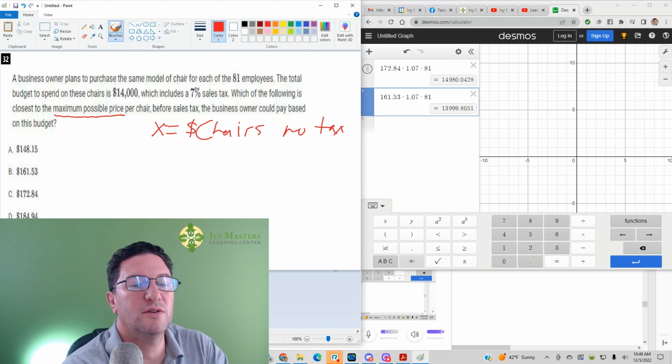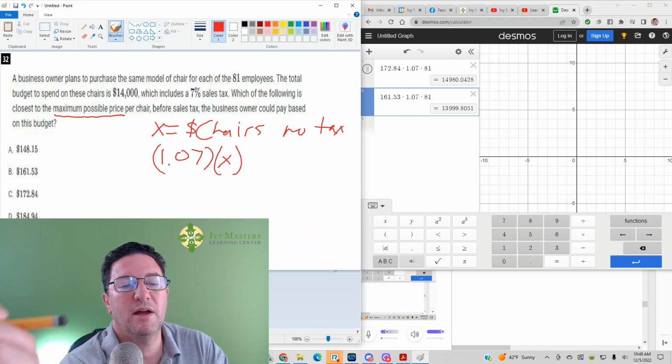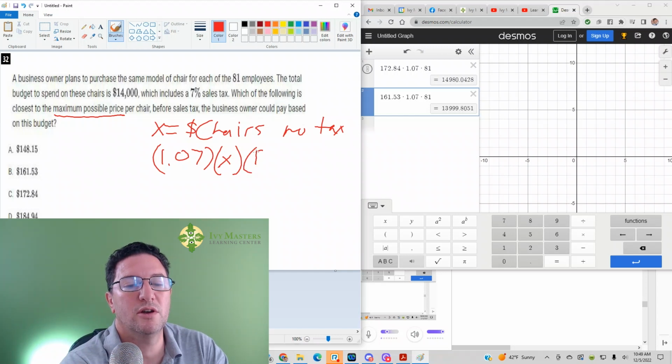Then to get the cost of a chair with tax, it would be 1.07 times X. Now, keeping in mind that you have 81 of those, you're going to multiply that by 81, and that's going to get you